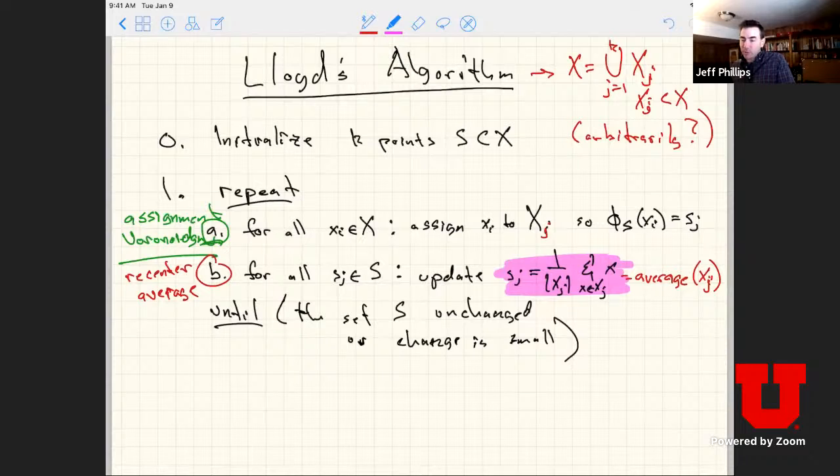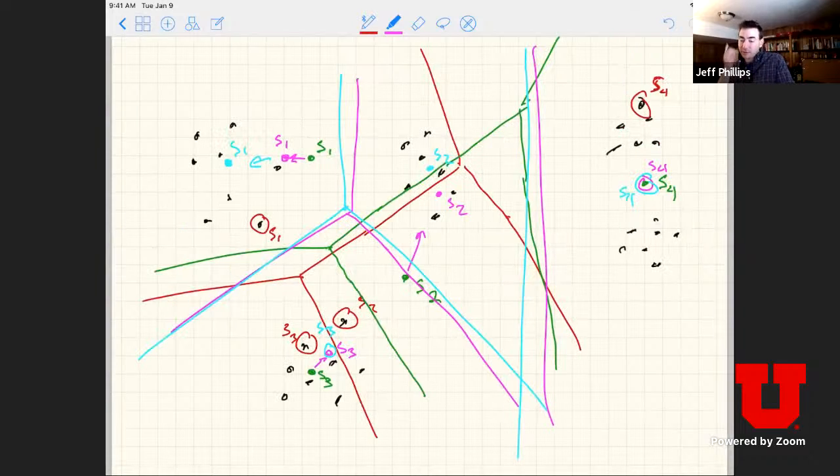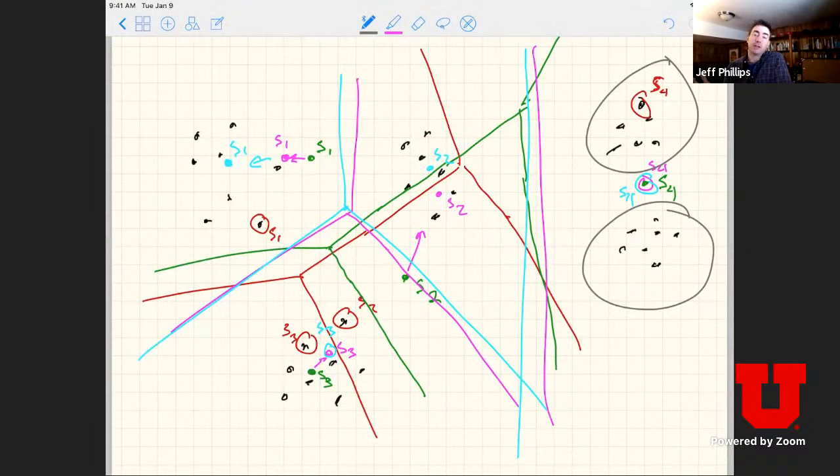Okay, so question. If we wanted to separate what seems to be two groups on the right, we would have to decide on 5 initial points. Okay, yeah, so one question is, how many different clusters did I want? I said K was part of the input. If I wanted to separate these two sites on the right, S4 has kind of two groups of points here, the top part and the bottom part. I could think of those being two separate clusters, but I've assigned one site to represent both of them. I would probably guess that if K was given to me, this is the optimal configuration that I found. And if I wanted to split those two sets further, I drew them like this on purpose so someone would ask this question, so great, yeah, I would probably need a 5th site,